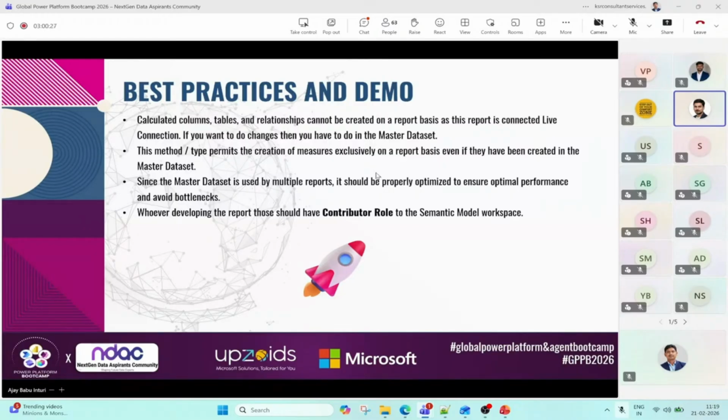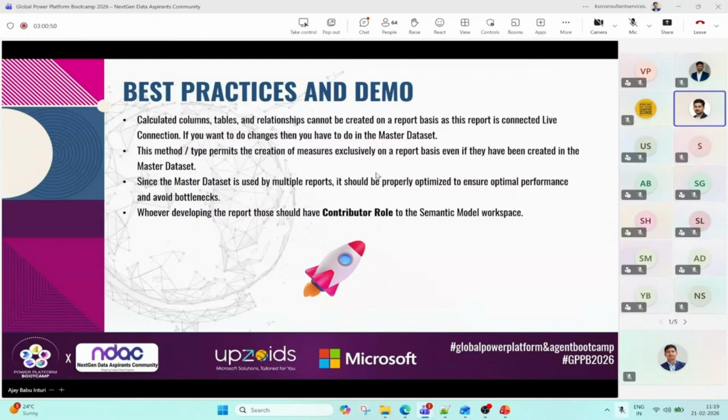And the main thing: whoever is developing the reports, the sales team or marketing team, they need contributor access to the workspace. Or if the user has viewer access to that workspace, then you have to give build permission on the semantic model to that user.